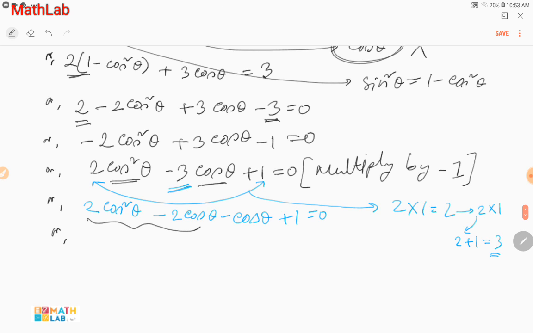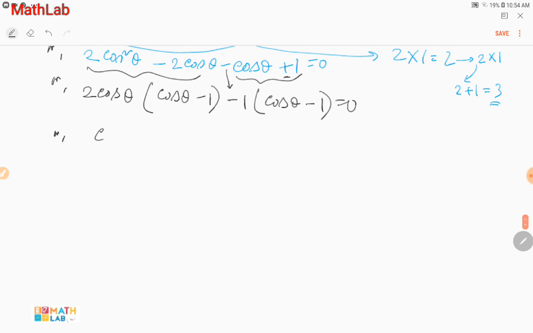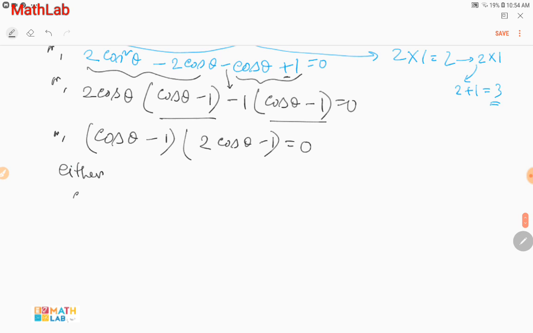We have to take common from the first and second term, that is 2 cos theta, and we get cos theta minus 1. For the third and fourth term, there is no common term, so we take common 1, and here is minus, so we put minus 1. That will be cos theta minus 1 equals 0. Then we take common cos theta minus 1, and the remaining part is 2 cos theta minus 1 equals 0. So either cos theta minus 1 equals 0, or cos theta equals 1, or